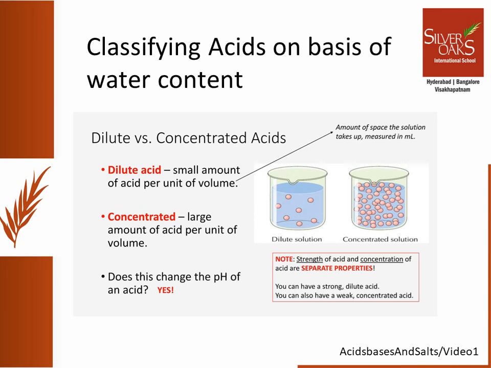So in the process of dilution, we take the concentrated solution of the acid and then we use this to convert it into a dilute solution of the acid. We'll speak about dilution of the acid, the method to dilute the acid, in our next class.